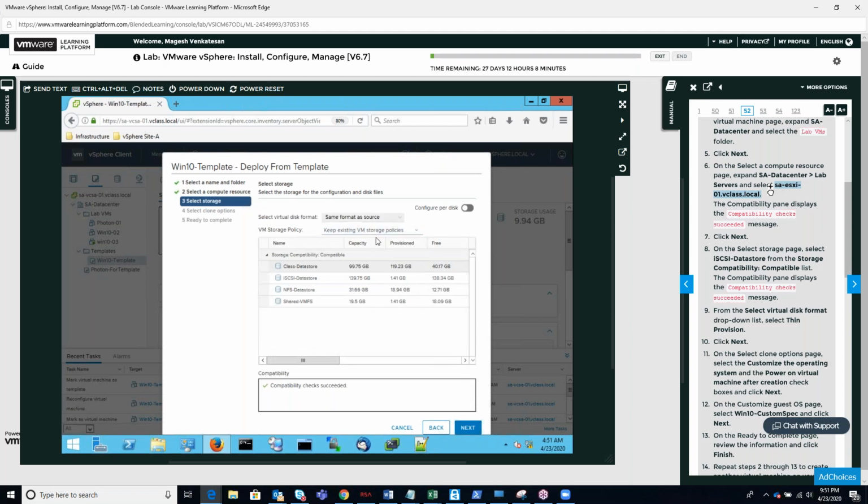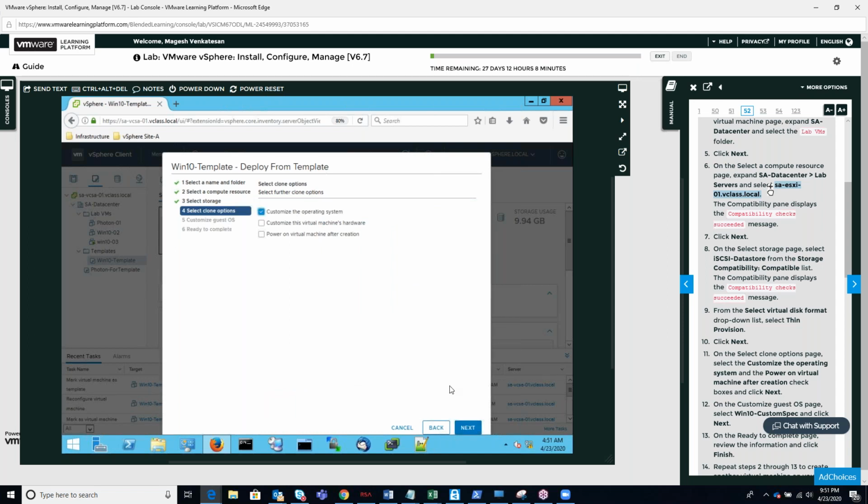Select the ISKG storage. First of all, select the ISKG data store. Oh, for the previous one, I didn't select that one. Yeah, right. We moved the storage of that machine. Next,